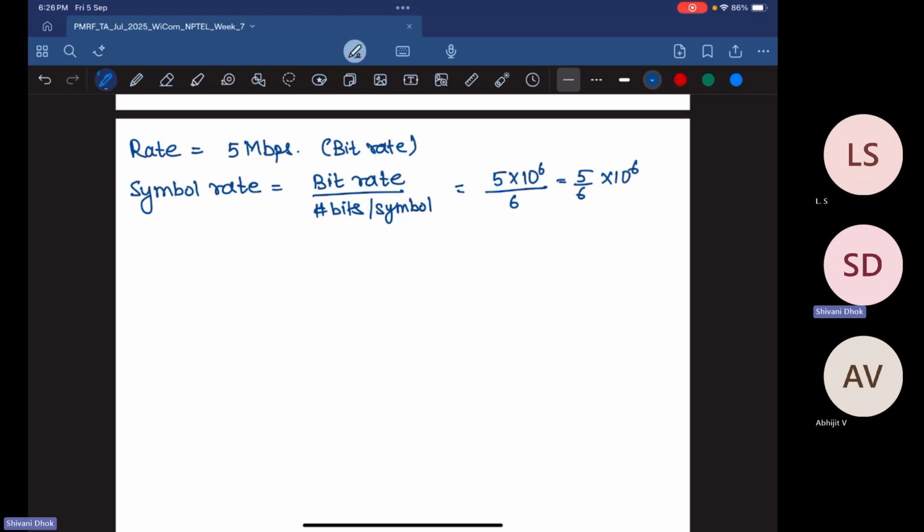So this is also the bandwidth. So this is also your signal bandwidth,